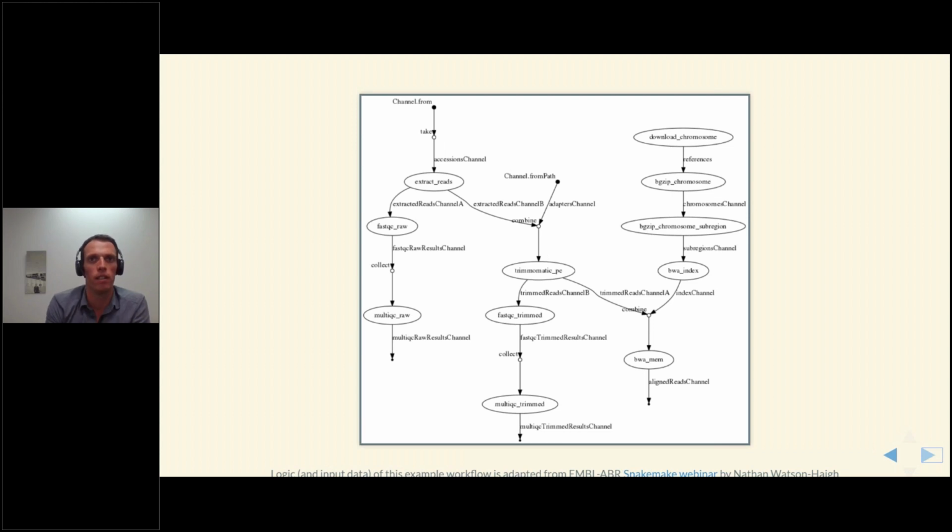So in the webinar, we'll use, and in the associated tutorial, we re-implement a workflow that Nathan Watson-Haig developed for his EMBO ABR Snakemake webinar, which also may help you with comparing how things can be done in Nextflow compared to Snakemake.